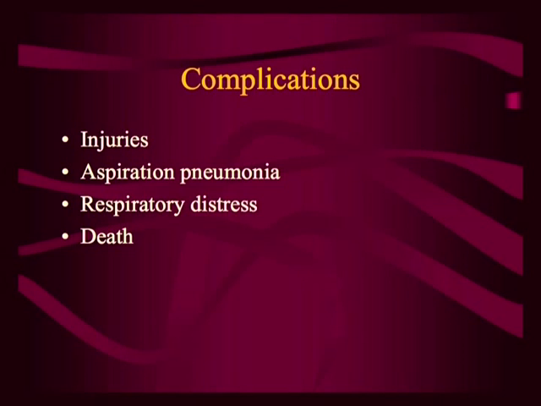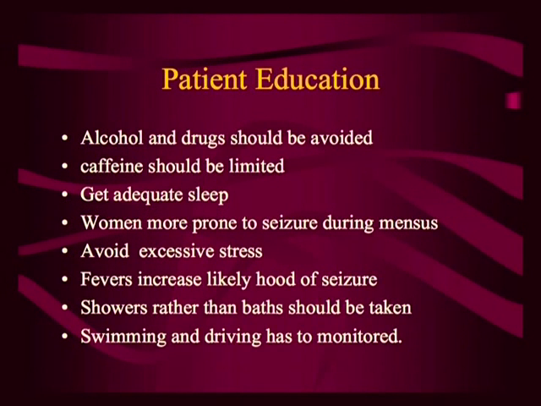When somebody has a seizure, they can have injuries and aspiration pneumonia. We talked about food from the stomach, or secretions, going into the lungs, causing difficulty in breathing, leading to death. If somebody has seizures and they drink excessively, or even have 2 or 3 drinks, the brain relaxes and a seizure is more likely. So alcohol can actually lower your seizure threshold. So we do not recommend that patients who are having seizures drink alcohol, for the same reason.